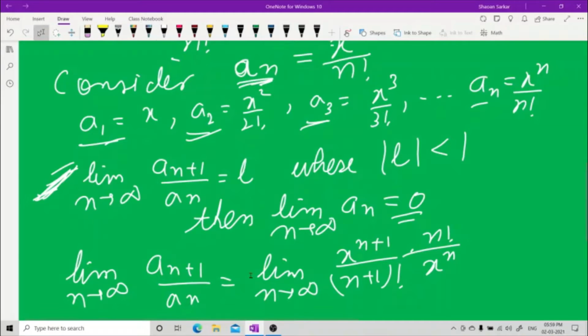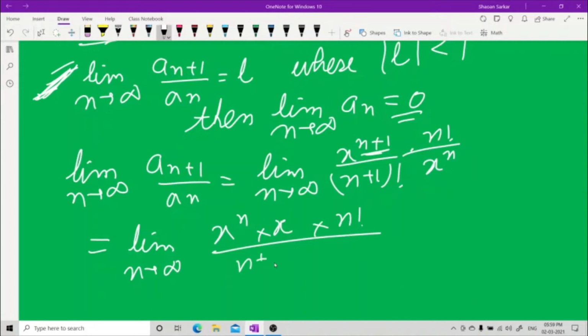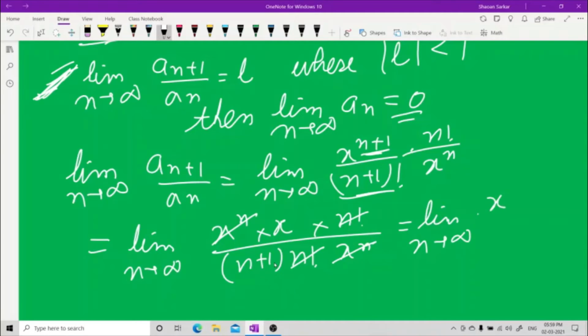Now what you do is, limit n tending to infinity, x to the power of n into x, this will break into n factorial upon (n plus 1) into n factorial. Expand this, and x to the power of n will cancel, this will cancel with this. You are left with the limit n tending to infinity of x upon n plus 1, and this will go to 0. As this goes to 0, therefore according to this